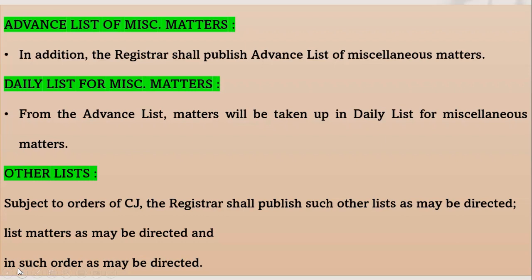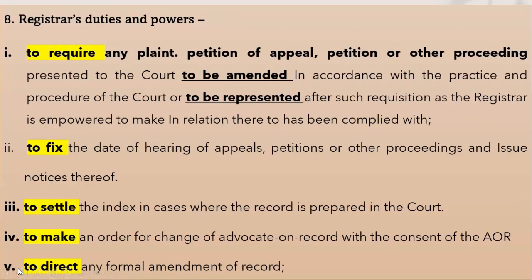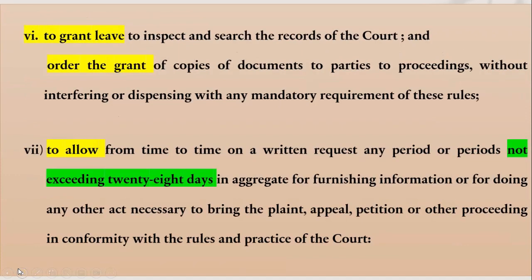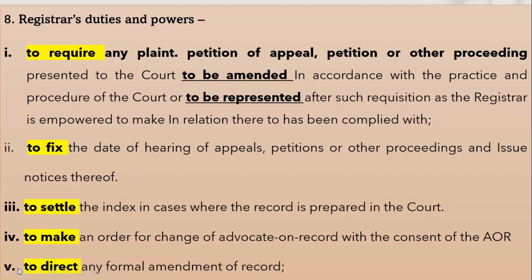Now let's come to the last rule, that is Rule 8. Rule 8 in short provides for the registrar's duties and powers. There are a total of 7 sub-rules. So sub-rules 1, 2, 3 and 4 are the registrar's duties. 5, 6 and 7 provide for his powers. Now let's see what the first sub-rule is. In addition to the powers conferred by these rules, the registrar shall have the following duties and powers subject to any general or special order of the Chief Justice, namely,